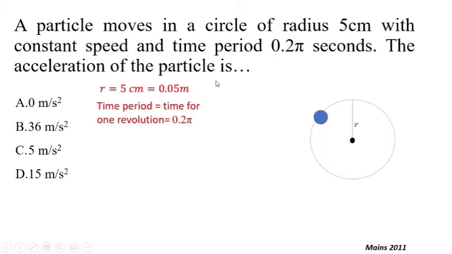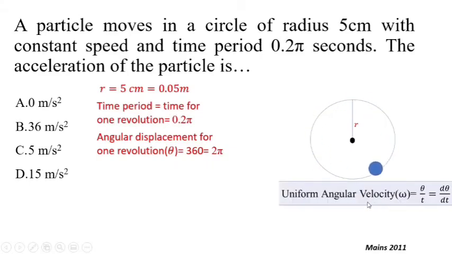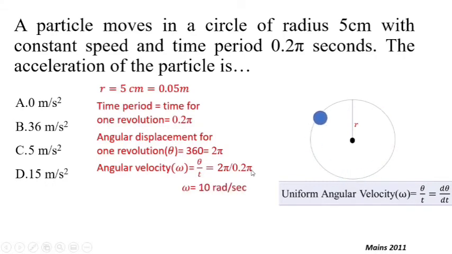The acceleration of the particle is? So in uniform circular motion, as we know, the acceleration is required to change the direction, and that is always towards the center, and that is known as centripetal acceleration. We need to find out the centripetal acceleration. For that we need to find out the angular velocity, where theta for one revolution will be equal to 2 pi and the time period for one revolution is given. That means we can use the formula omega equal to theta by t. So theta for one revolution is given and time for one revolution is given, that is 2 pi by 0.25, and this omega will be equal to 10 pi radian per second.